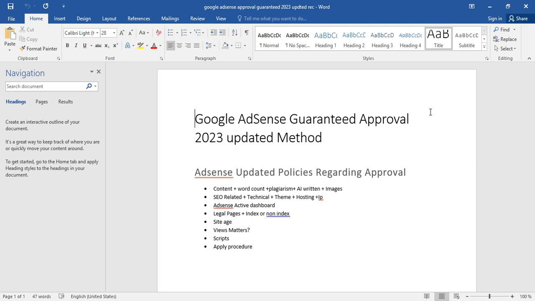If you are using someone else's prompt, it will always produce plagiarized content. It will produce content that is not of good quality. You can understand it, because it's someone else's creativity, and you are stealing someone else's creativity. So you won't get approval. Don't use this method. And the second point is word count.